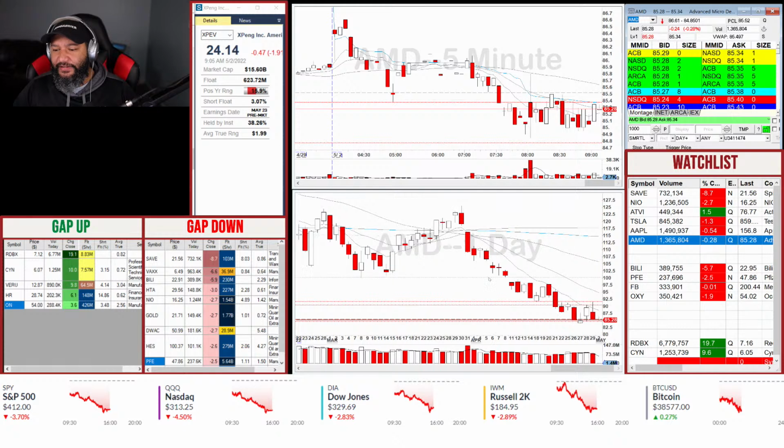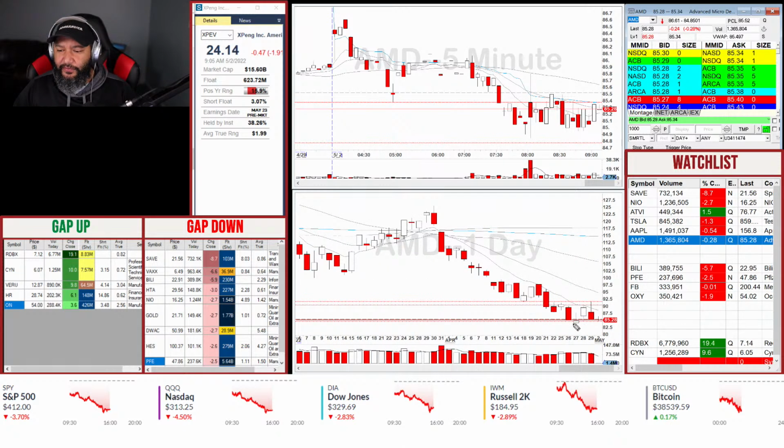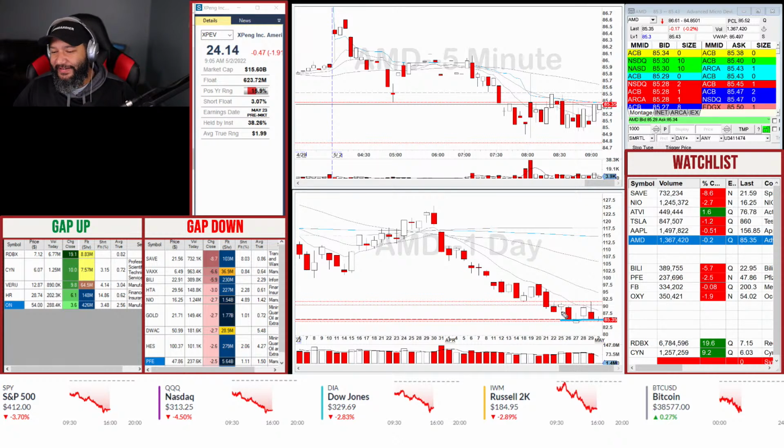Here is AMD, guys. So AMD getting some major support over at 85. Really trying to stay above this. I mean, it is holding for dear life here, I think. But we're slamming right under that previous day close, just a little bit. We'll see if we can hold. The lows from 2 days ago is pretty much what I'm going to use for the low of the pre-market. I think that's a better level than the actual low of the pre-market at the moment.